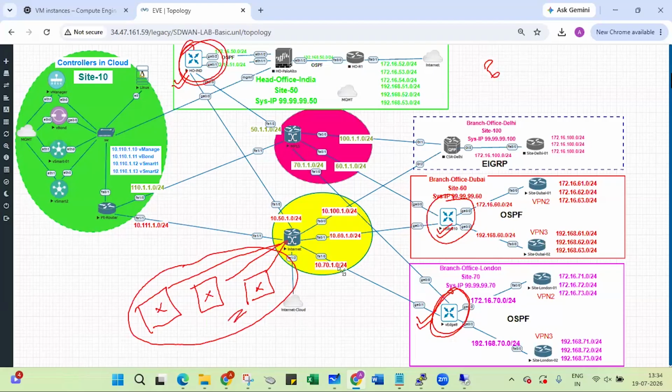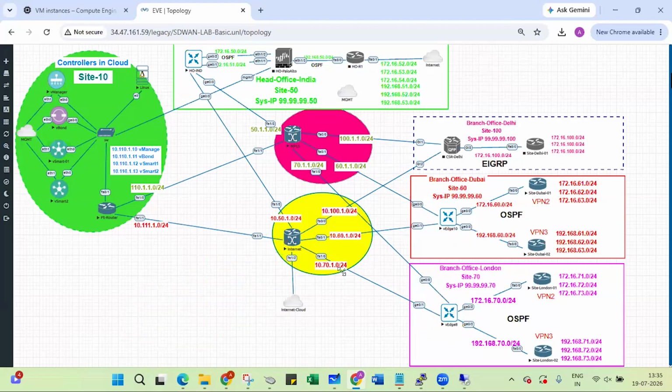The answer to that question is, it depends upon the number of WAN links and the connectivity. So with this scenario, what we have is GE0/0 connecting via MPLS to the London router and to the HO router. So in this case, my Dubai router will form one BFD with HO, second BFD with London over the MPLS link, third BFD with HO, fourth BFD, fourth IPsec with